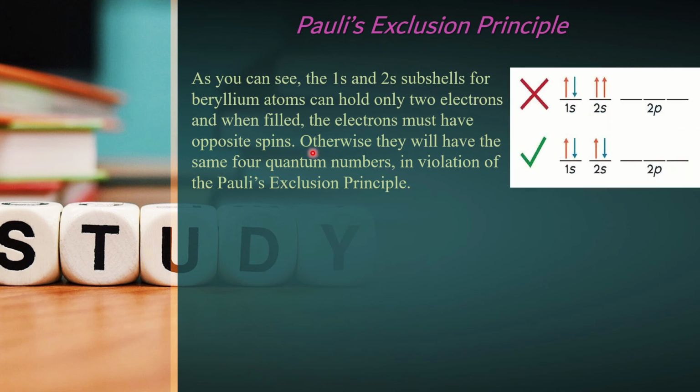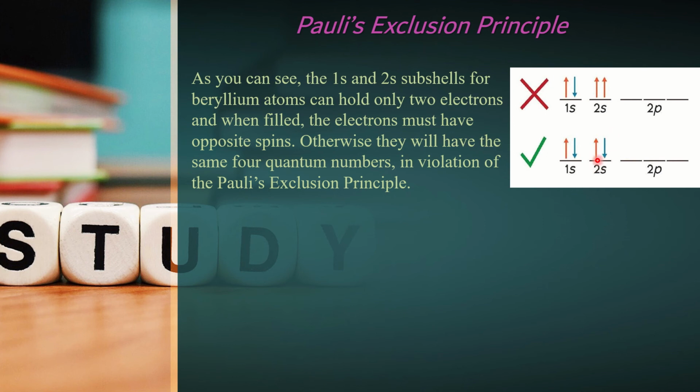Look, this is the electronic configuration of beryllium. In 1s, there are 2 electrons and they are opposite in direction, upward and downward. But in the 2s orbital, there are 2 electrons and both have upward spin. So this is in violation of Pauli's exclusion principle, and this electronic configuration is wrong. It will not be correct. The correct electronic configuration will be